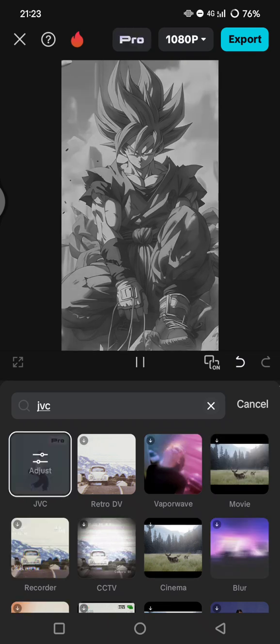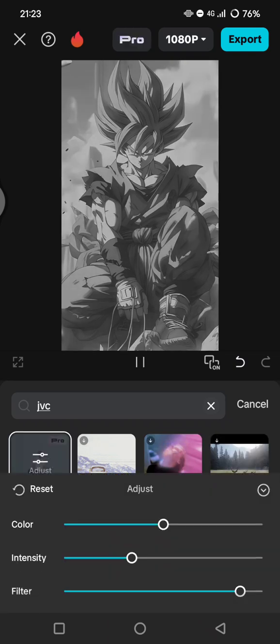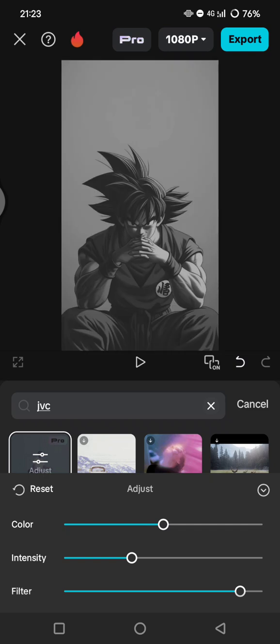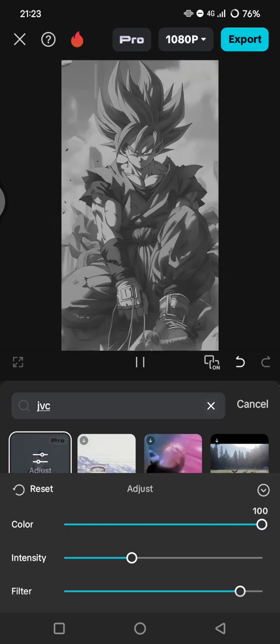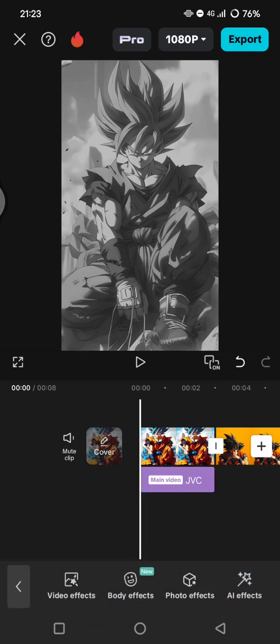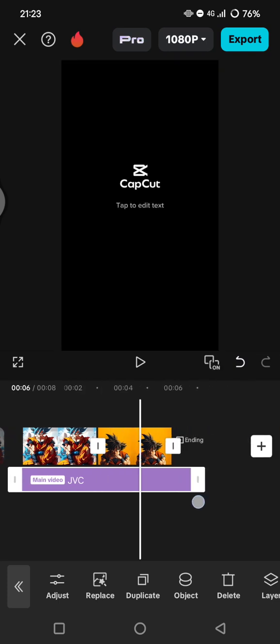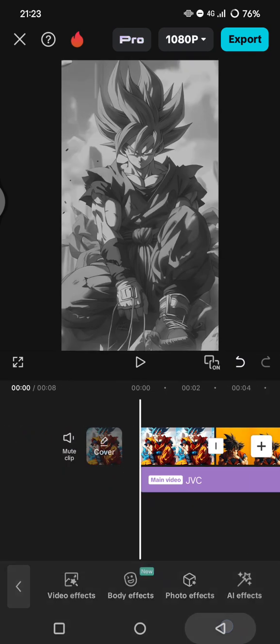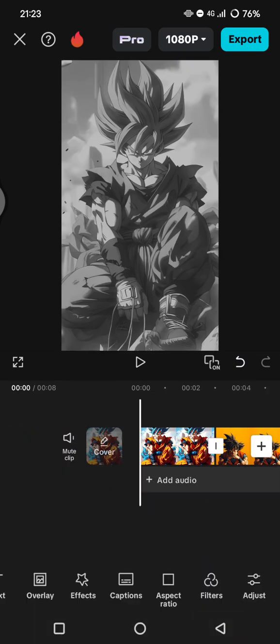Click on effect, tap on adjust, and here you can follow my settings. So for the color, set it to 100, intensity 75, and the filter 25. Okay, go back, click on a check icon, and now don't forget to adjust it to all. You can go back and tap on adjust again,